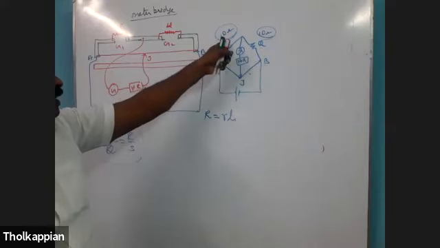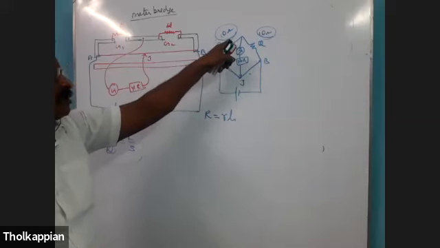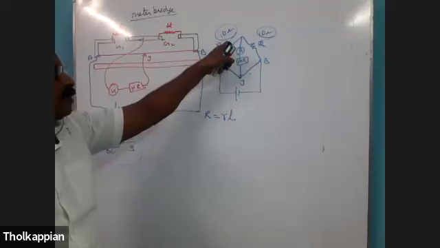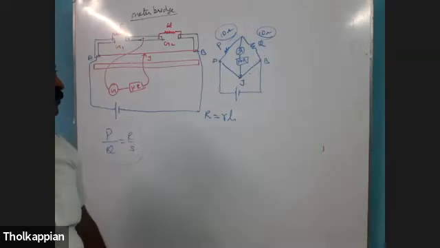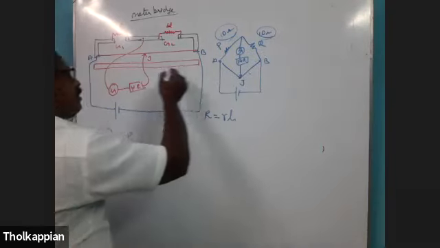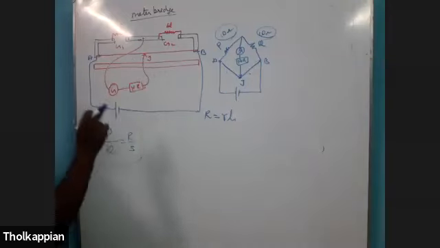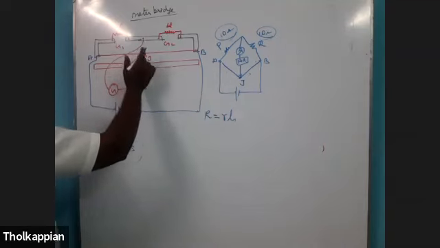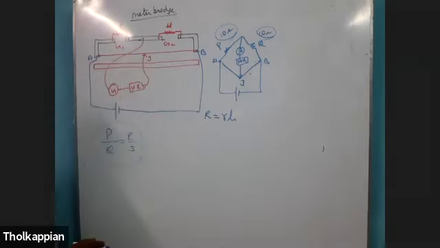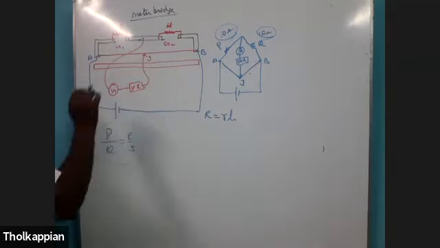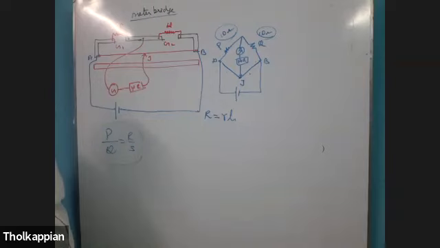But if the values are different, or only one value is known, for example the P value or the Q value is known, you have to find the other value. So what can you do? You move this jockey, which is just a contact to the wire. You make the contact here or here or here, between A and B, at any one place. At that time, the galvanometer shows zero deflection.